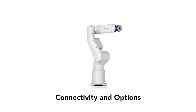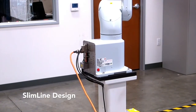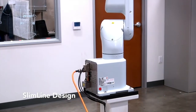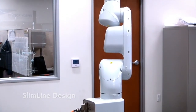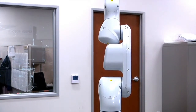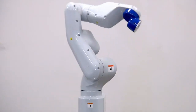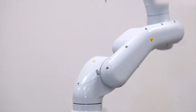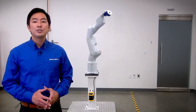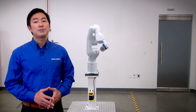Let's talk about the robot design. It has a compact slimline design, giving you access to hard-to-reach areas in confined spaces. The metal castings are minimized to allow for a greater range of motion. As mentioned earlier, it has a reach up to 900 millimeters and payload up to 600 kilograms with 100 microns repeatability. It also has allowable moment of inertia on J4, J5, J6 that are very impressive for its class and